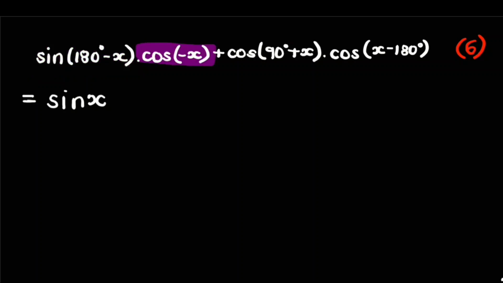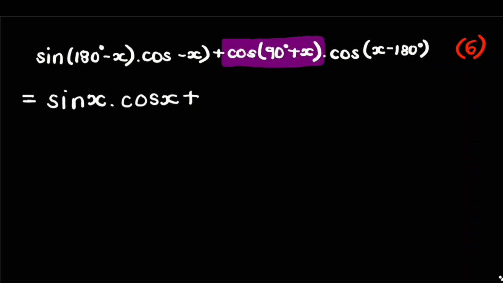Next, we're focusing on cos of negative x, and bear in mind that whenever cos is paired with a negative angle, it remains positive. So this is positive cos x. Now we're just going to bring down this plus that was in the given equation, and we're now focusing on